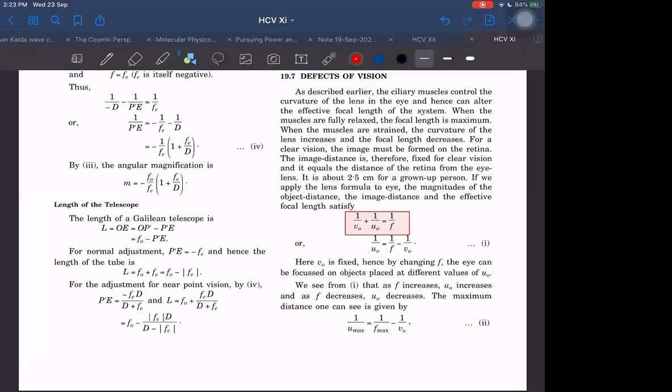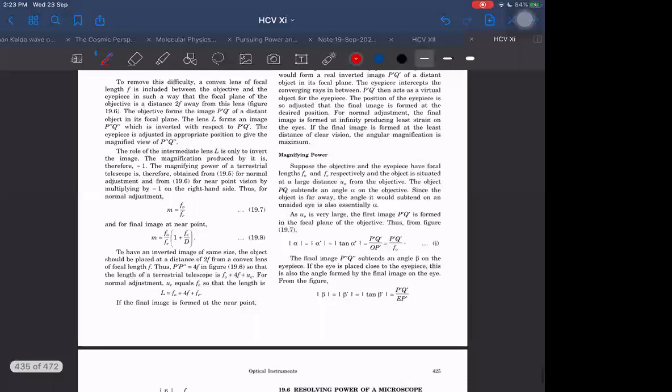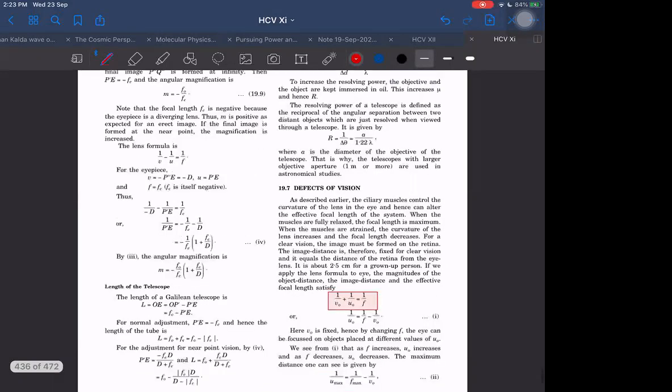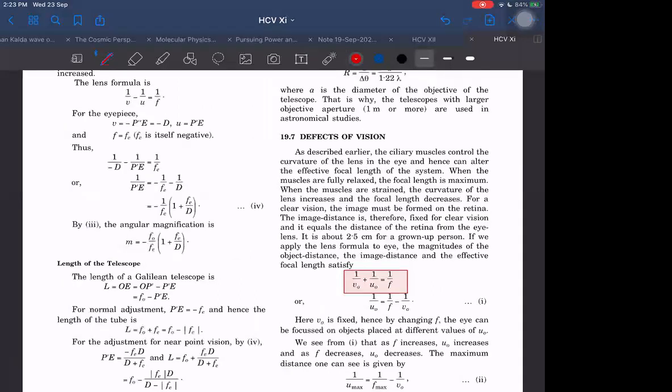But sir, after substituting values. Yes, it is magnitudes. In terms of magnitude, it is correct. So they are writing in terms of magnitude. They are not worrying about signs here. And you may be thinking, why? Let me tell you, it is a general rule in this optical instruments chapter: we don't worry about signs. In the beginning, we should be aware of the signs. The beginning formula is that only. We started from that formula, 1 by V minus 1 by U is equal to 1 by F.